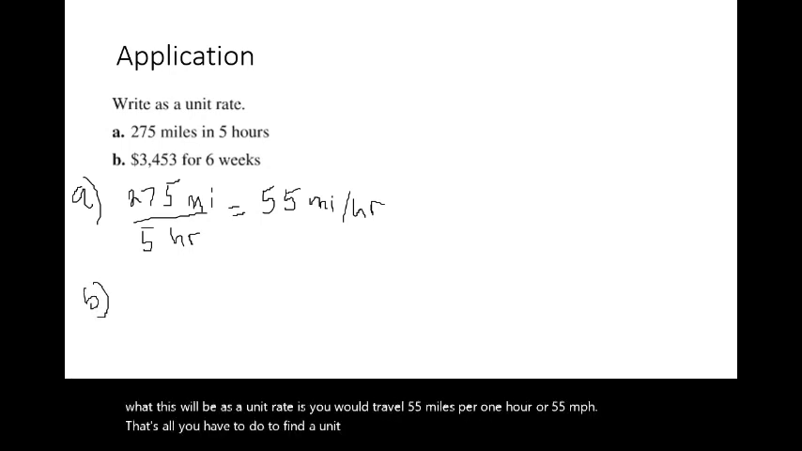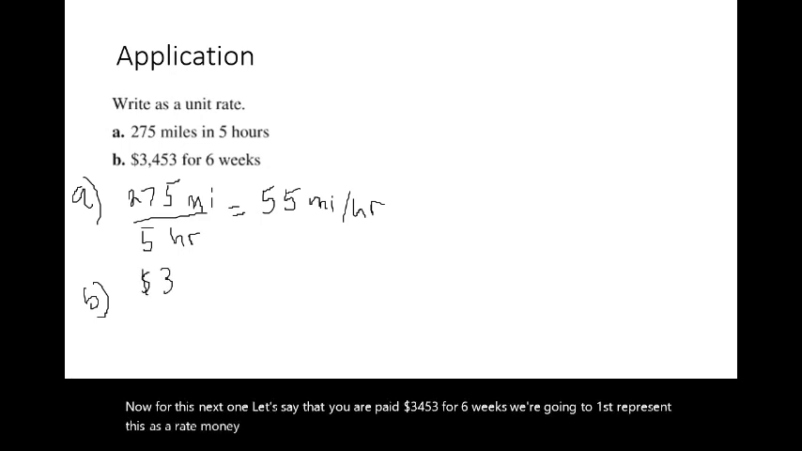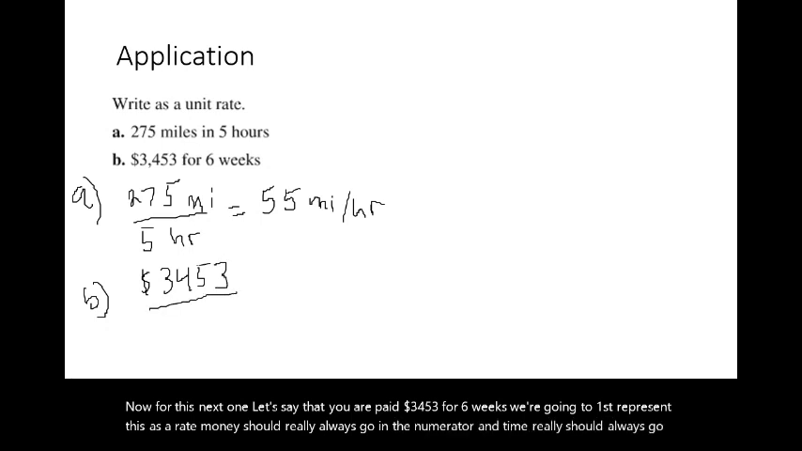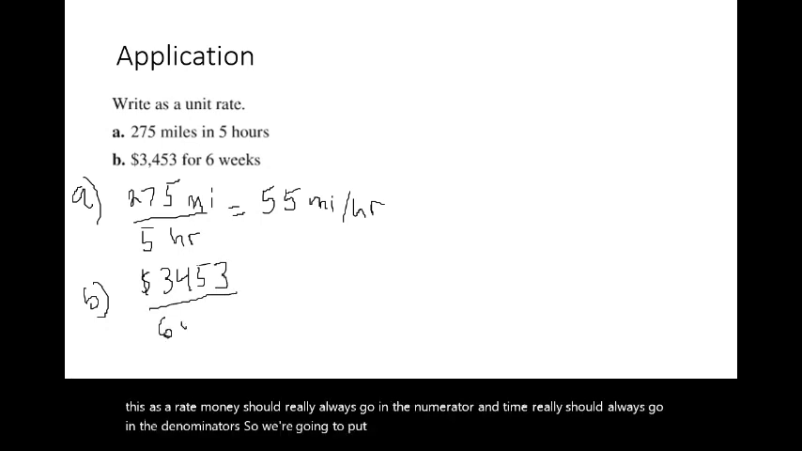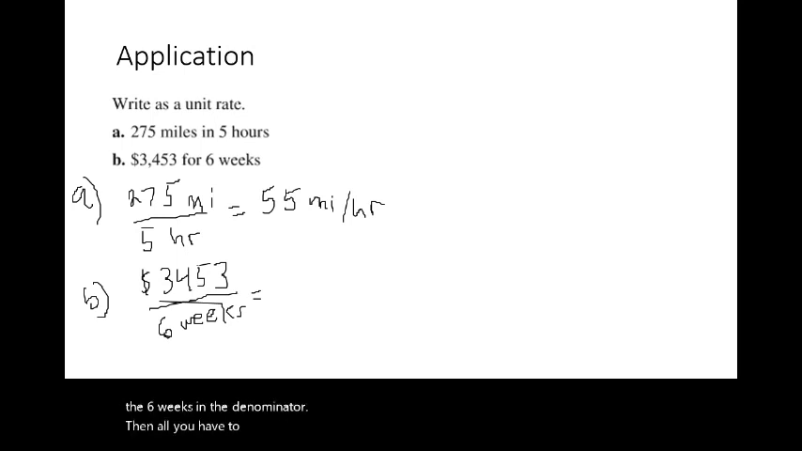That's all you have to do to find a unit rate. Express the quantities as a rate, and then take whatever's in the numerator and divide it by whatever is in the denominator. Now for this next one, let's say that you are paid $3,453 for 6 weeks. We're going to first represent this as a rate. Money should really always go in the numerator, and time really should always go in the denominator. So we're going to put the money in the numerator, and the 6 weeks in the denominator. Then all you have to do is take 3,453 and divide it by 6, and you get